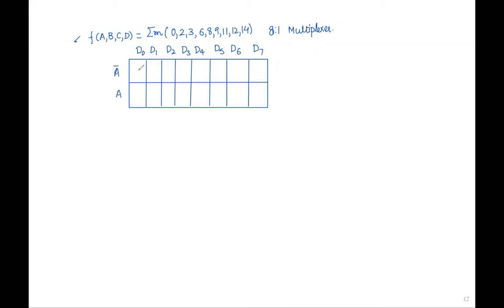So you will write out 0, 1, 2, 3, 4, 5, 6, 7, then 8, 9, 10, 11, 12, 13, 14, and 15.